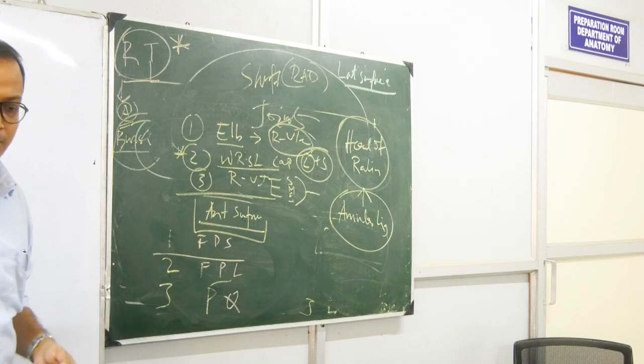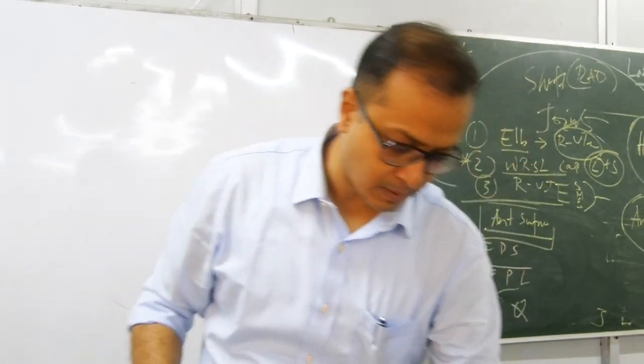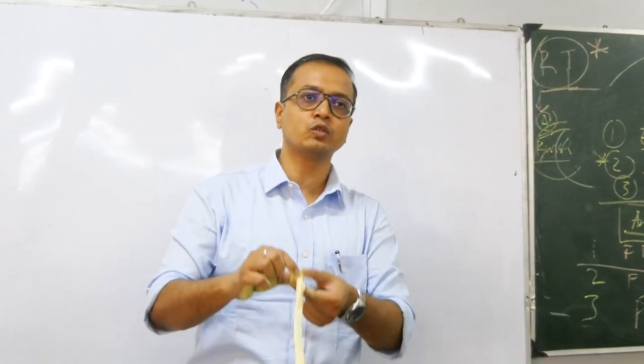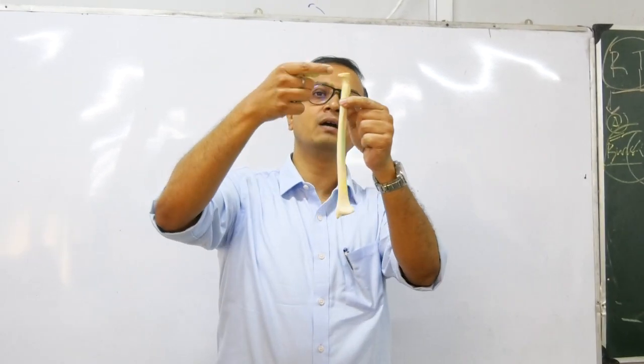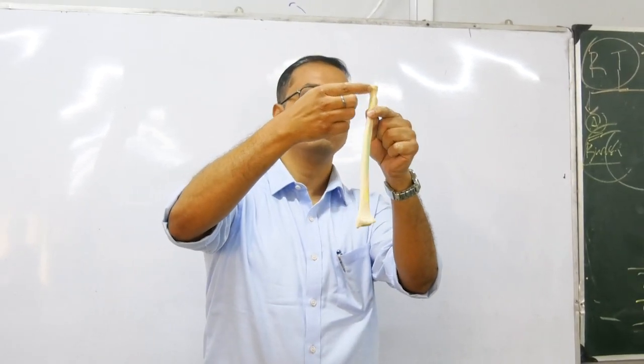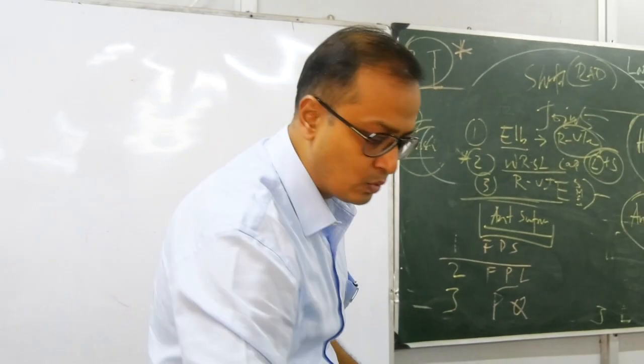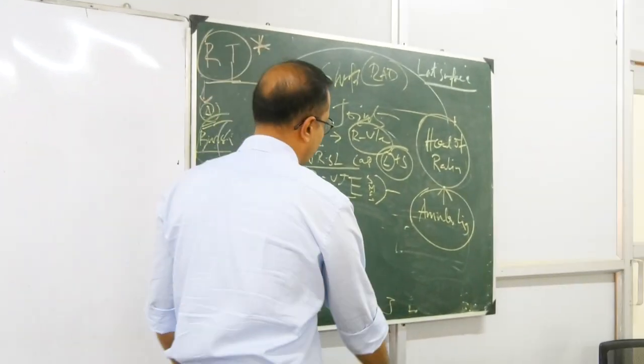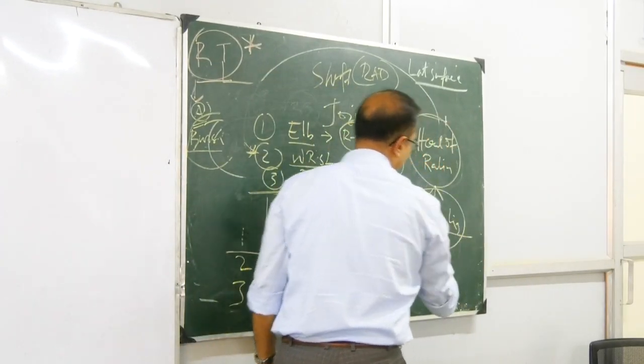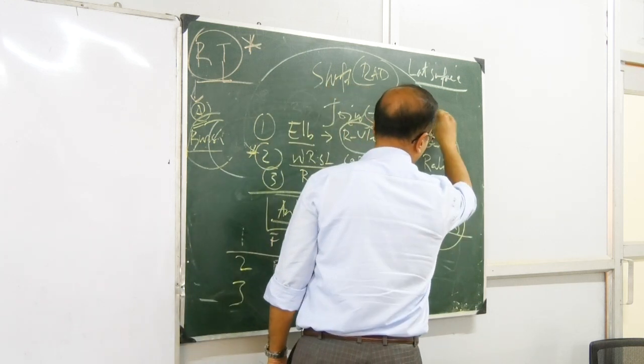This ligament binds the superior radioulnar joint. That ligament present around the head is important to us. We call it the annular ligament or superior radioulnar joint ligament, related to the head of the radius,